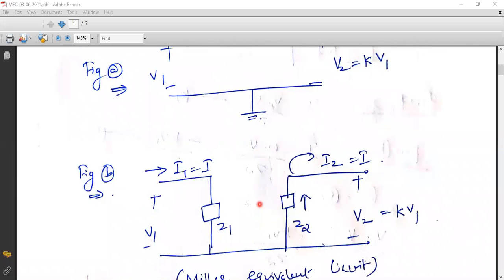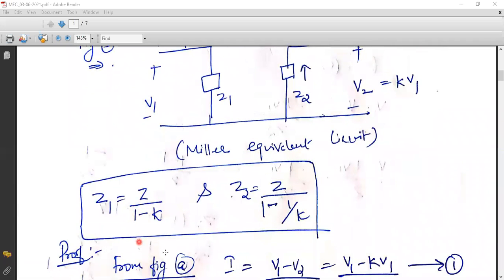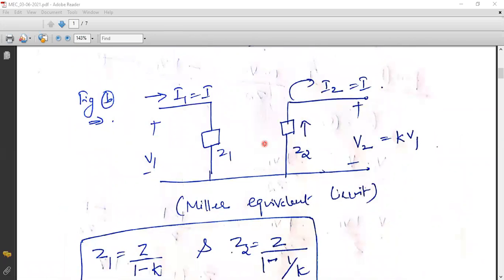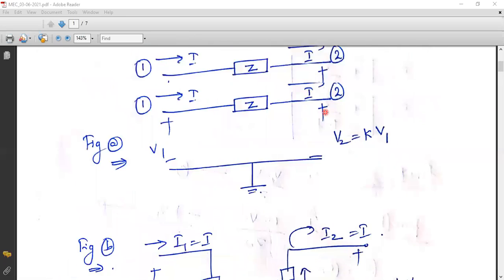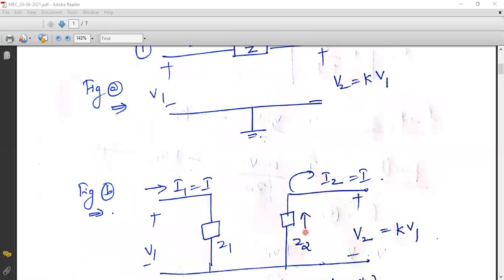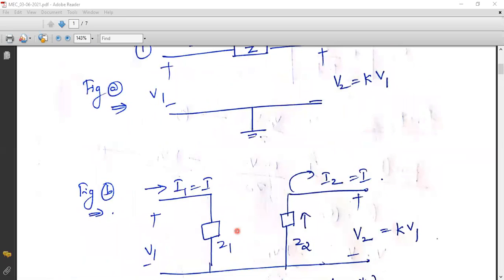Understood? So this is a Miller equivalent circuit and we need to go through these two equations, or how we have got these equations, which we need to analyze from this particular circuit. So this is a Miller equivalent where you have changed this Z into Z1 and Z2 so that the bridge capacitance has been avoided, so that it will be very easy for analysis in order to find the equivalent resistance as well as the cutoff frequency and time constants. Understood, students, the benefit of using Miller's theorem? Can I proceed?